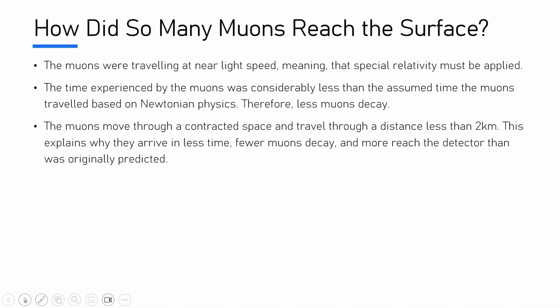Therefore, it meant that the muons arrived in less time than was expected. And again, there were fewer muons decaying. Whichever way you look at it, you get to the same conclusion. And so when we account for this shortened time period and contracted space through which the muons are able to